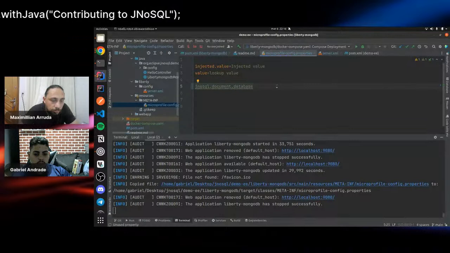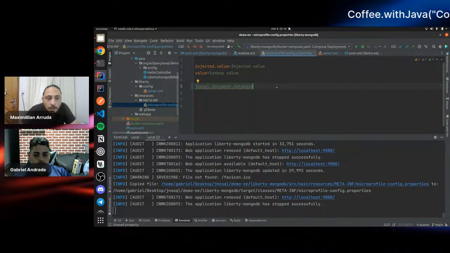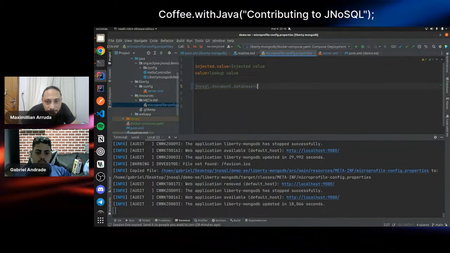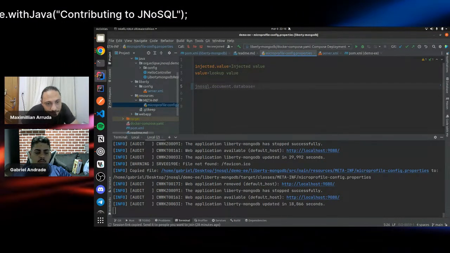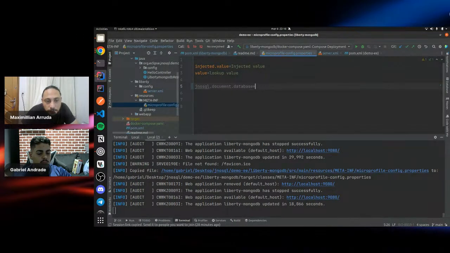It's a property file, so you need to define the value. Put equals cows database, for example. No, the name of the database. Any kind of name.